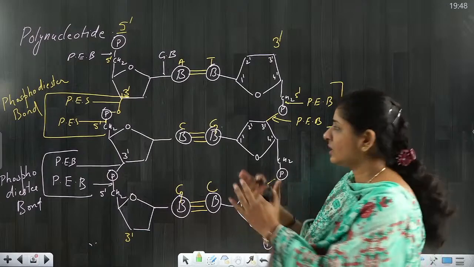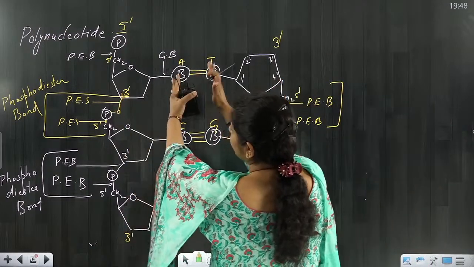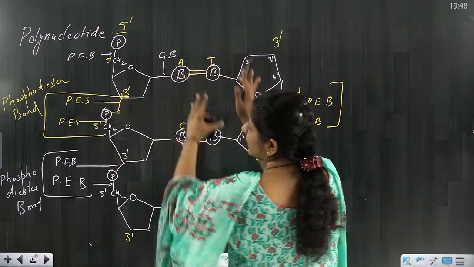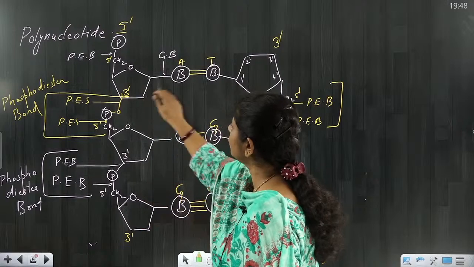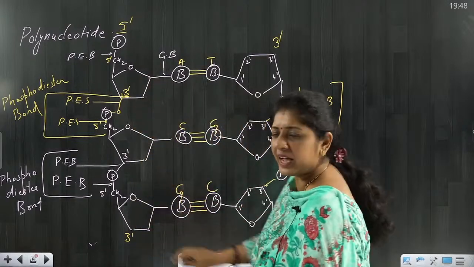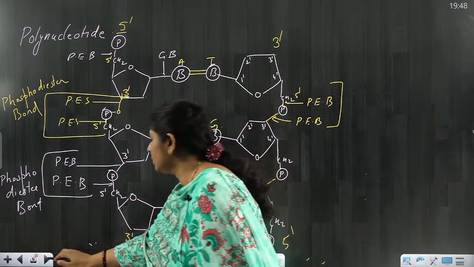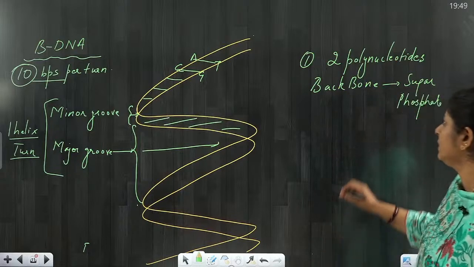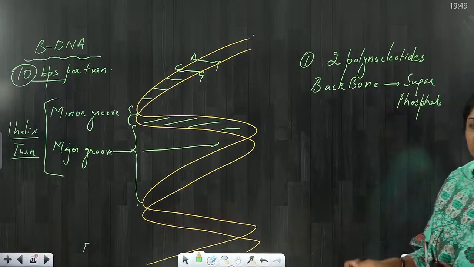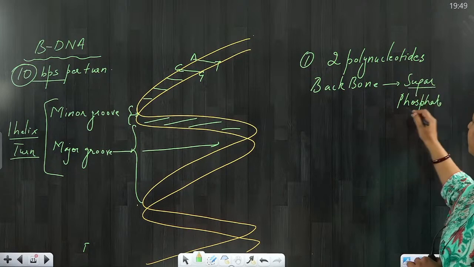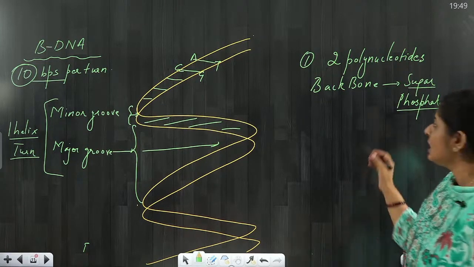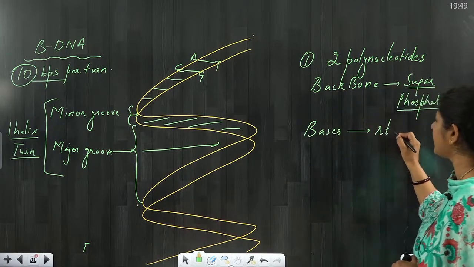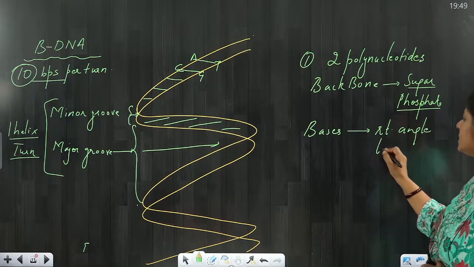Where are its bases? Bases are projected at right angle to that, but towards inner side. They are not towards outer side, they are towards inner side, but right angle to this backbone. Fine. So this is the salient feature for the double stranded DNA, that two polynucleotide chains will be there and whose backbone is made up of sugar and phosphate group. Now can I say where are the bases? Bases are projected at the right angle towards inner side,